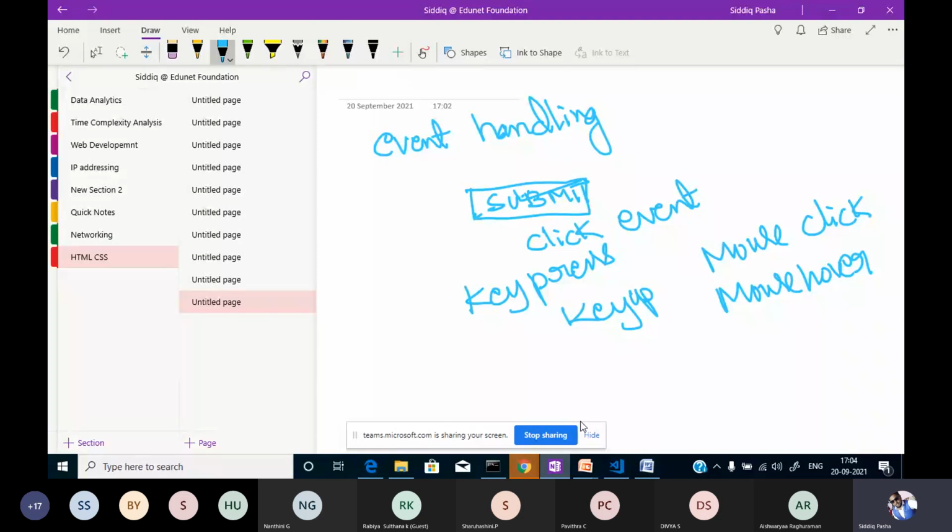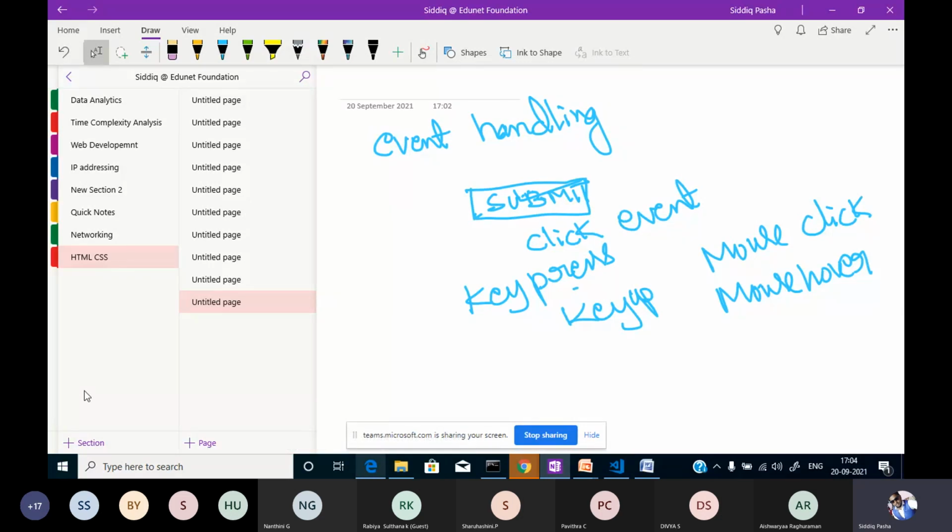So why we need events: whenever something is changed, some action needs to be taken. For that reason, we use events. Whenever this button is clicked, something should happen. Whenever the mouse hovers on that particular text, something should happen. Whenever the F4 key is pressed, something should happen. Whenever we click the shutdown key in our start menu, the system will turn off. So these are all the events.